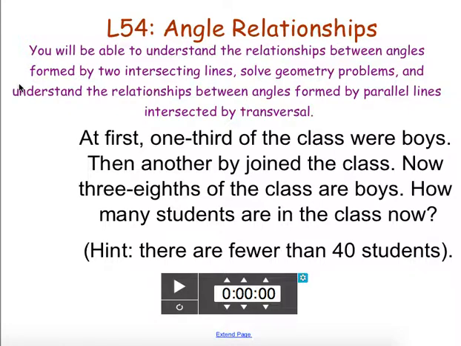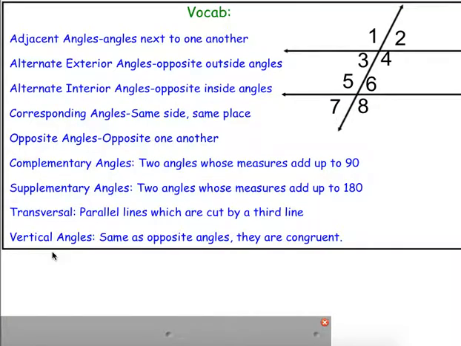Course 3, Lesson 54, we are looking at angle relationships. So being able to say, what are these angles in relation to each other? And if we're missing some information, how can we find it? We have a lot of vocabulary terms here, and I'm going to go through and put some examples next to each one, but also talk about are they adding up to 90, adding up to 180, or maybe they